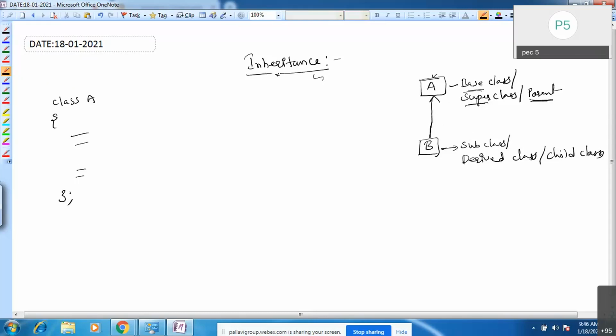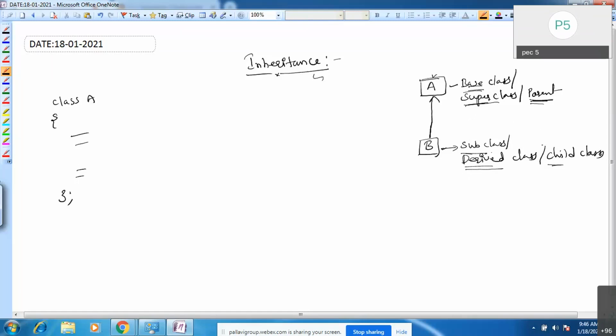In this scenario A is the parent class or base class, and B is the subclass or derived class, or child class. Just remember, base means from where you are inheriting the properties, and derived is the class that receives them. Super class and subclass, parent and child.